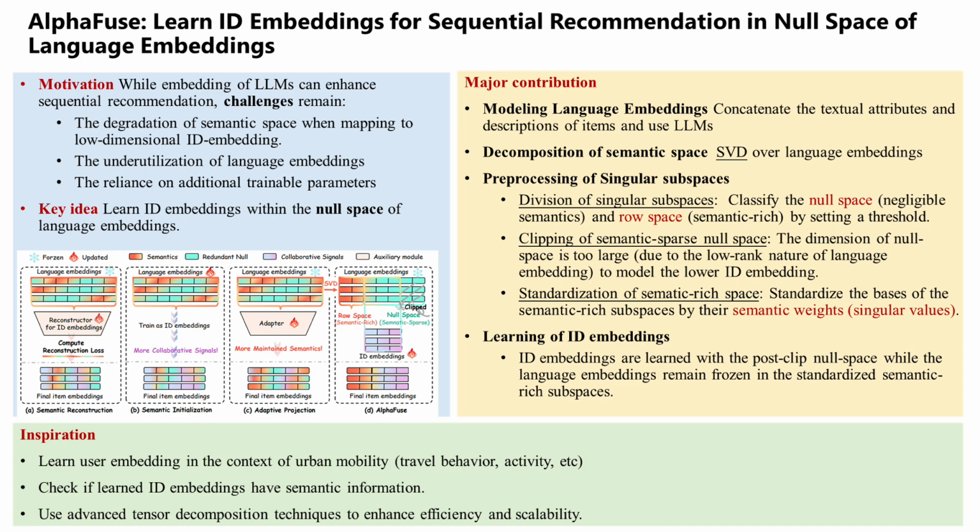And that leads to the second headache, which is the underutilization of language embeddings. Meaning they don't even use all that rich data? Well, many methods only use the language embeddings as a sort of guide during the training phase, maybe to give the ID embeddings a good starting point. But crucially, when it's time to make a live prediction for a user at inference, that rich language data is often just thrown away. Wait, that makes no sense. Why would you get rid of your best source of world knowledge right when you need it most?